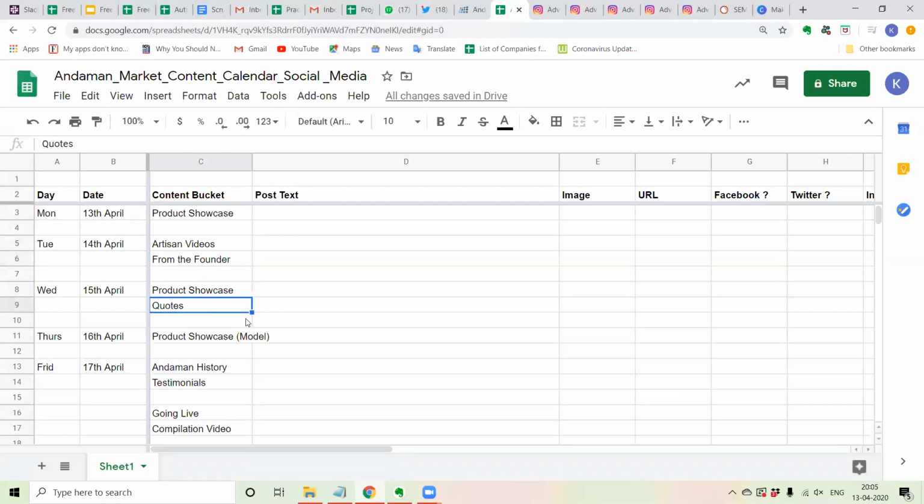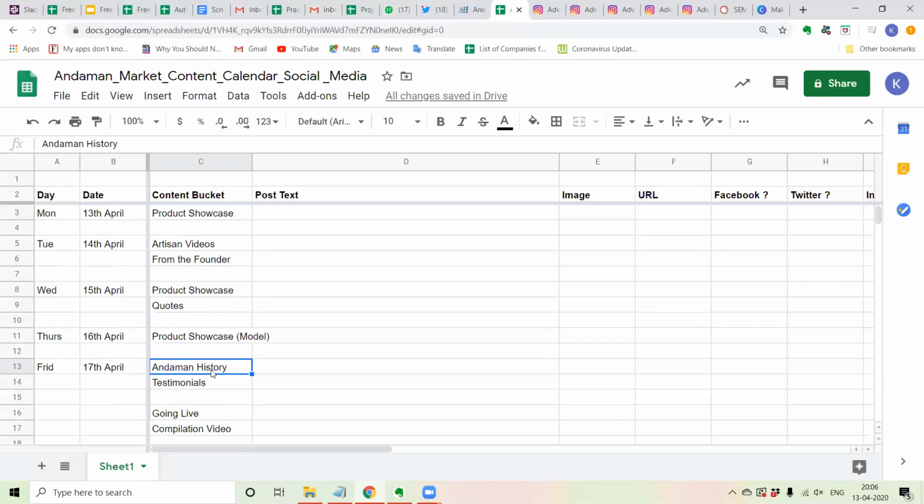You can also have quotes with respect to handicrafts and these kind of things. Then, because this is specifically with respect to Andaman, you can have